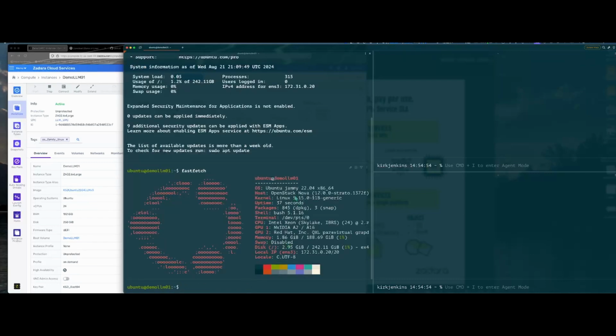And as you can see, this is my demo LLM 01, same as we are here. It is based on Ubuntu 22.04. It has 24 vCPUs as well as 192 gigs of RAM and an NVIDIA A02 GPU tied to it. So from here, I can go to my Ollama,